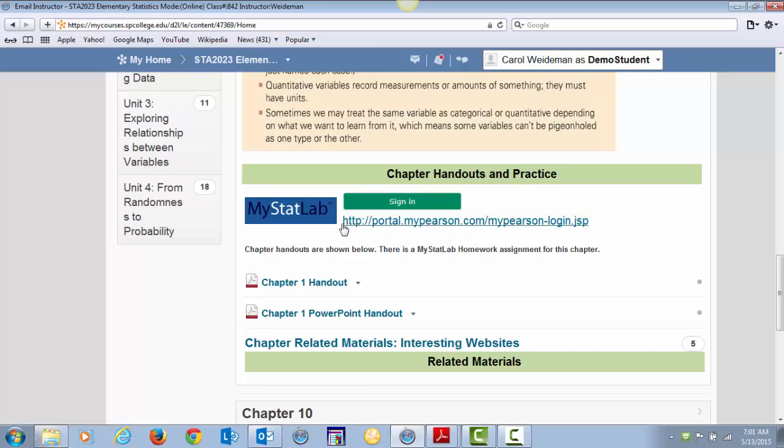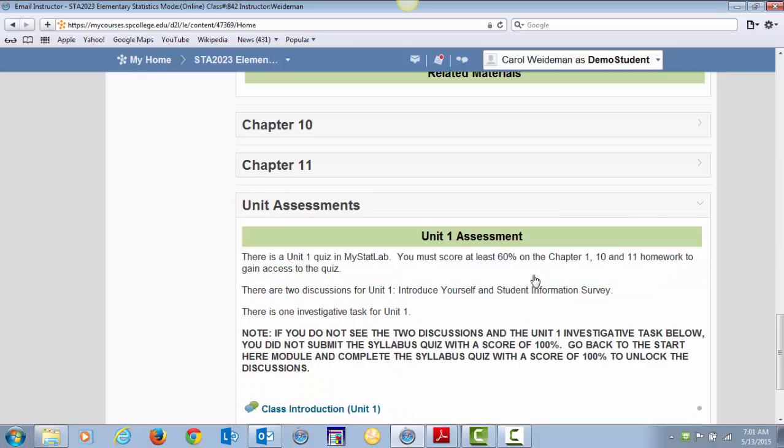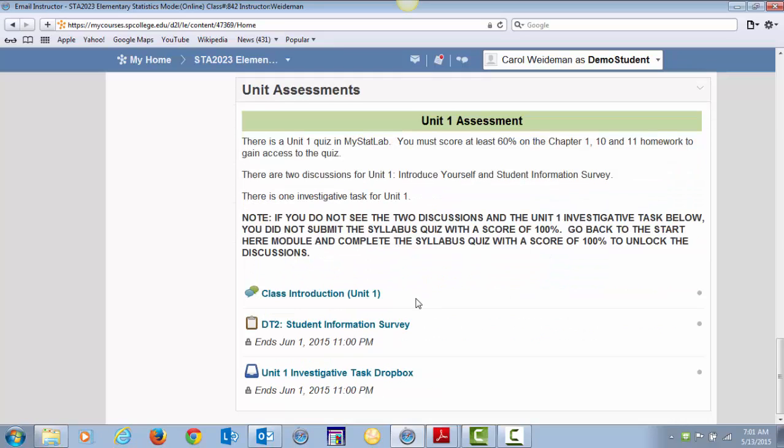So you want to make sure, here's the link for the homework. Actually, you're not going to use this link. You're going to use the link from the front page, which I'm going to show you in a minute. Unit 1 has a quiz, a homework, one quiz in MyStatLab, and then there are 2